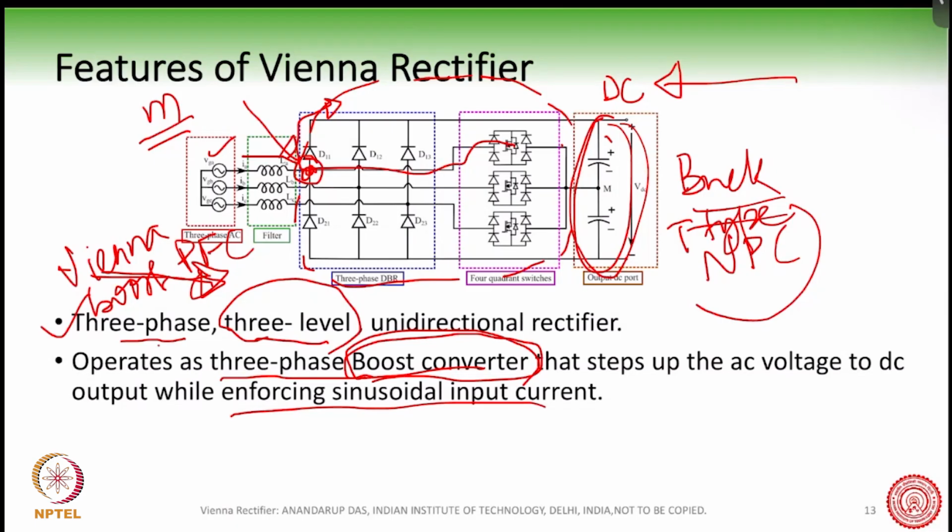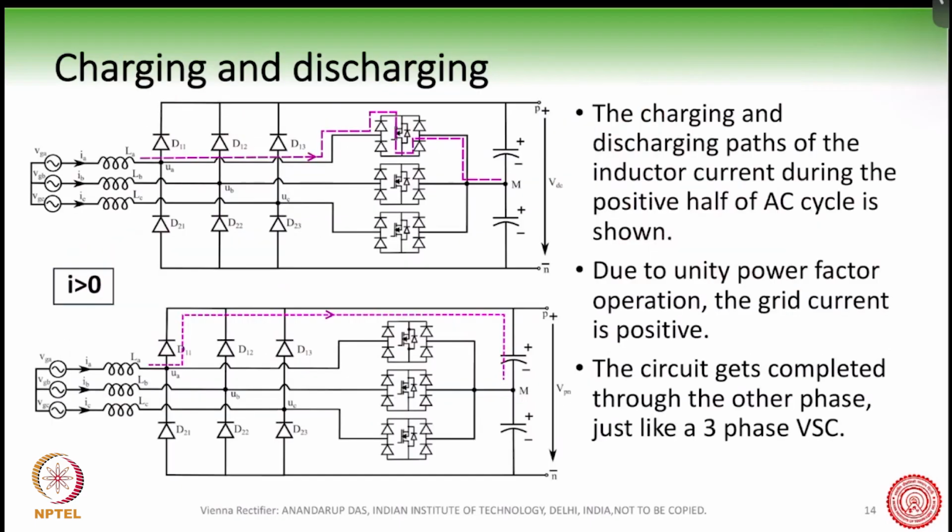So we now see that we actually know all the operation of the Vienna rectifier. We have seen the left-hand side, and we have also seen the analysis from the right-hand side. So basically we will reiterate what we already know, and we will analyze this converter from the knowledge that we already have. Now let us go a little bit more in depth. We know already how we will operate, but let us study once more